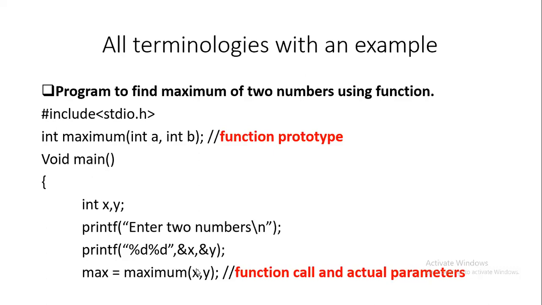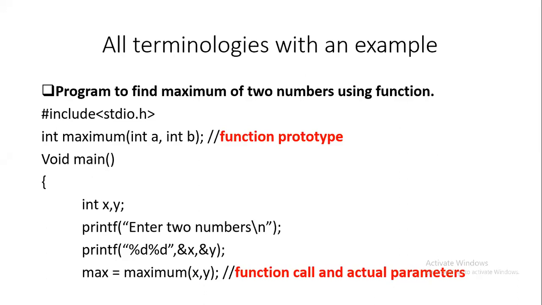These variables or parameters which are inside main are called actual parameters. Note there are some terms we are going to define. So those are technical terms. Okay. So we can have different names. Here we have A and B. Here we can use A and B, same thing, or we can use different names. So whatever variables are used in the main function, x and y, x and y are actual parameters. A and B are formal parameters.